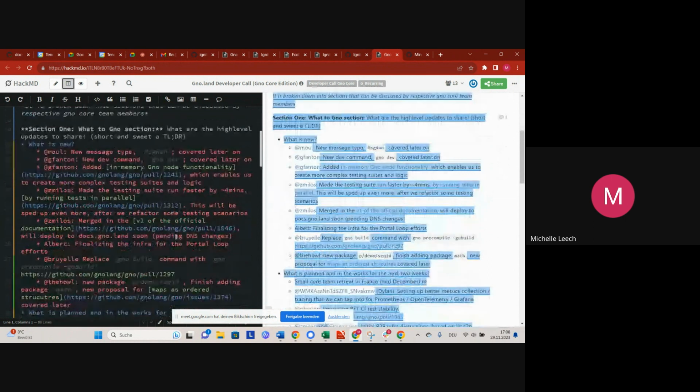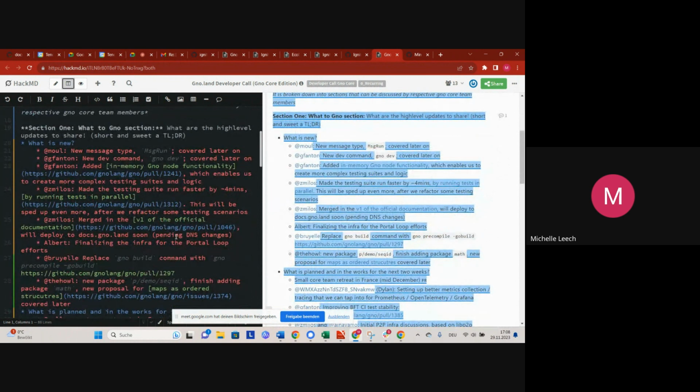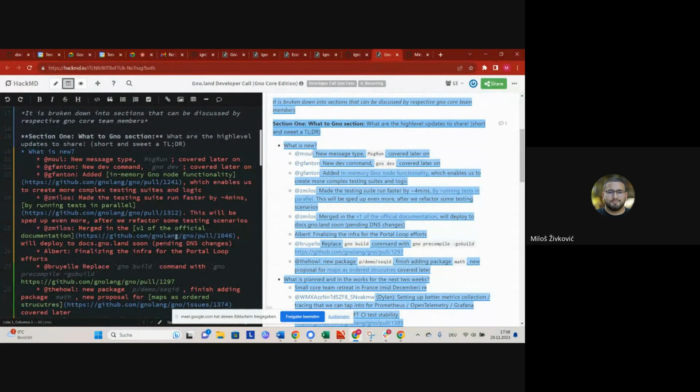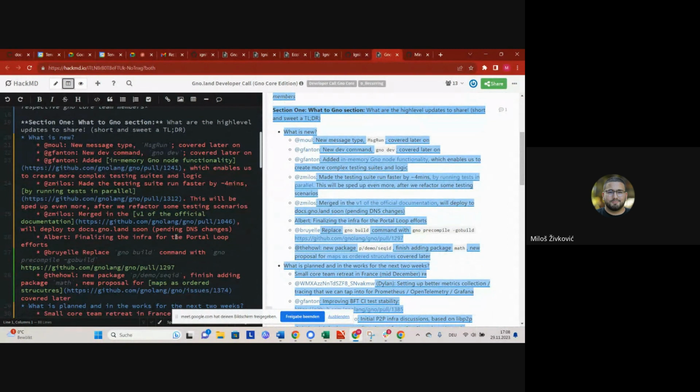So I'm going to hand it over to Miloš and Manfred and Ray to kick us off with team updates on what to know. So the high-level TLDR. Okay, I guess I can skim through the high-level updates. For each of these, I labeled who was responsible, who's leading that effort. So if anybody has any questions, they can ask in the chat, and that person hopefully will answer. And if you want to start a discussion, this person would be the point person for it. So yeah, what's new?